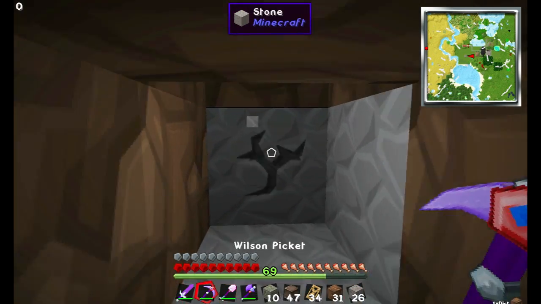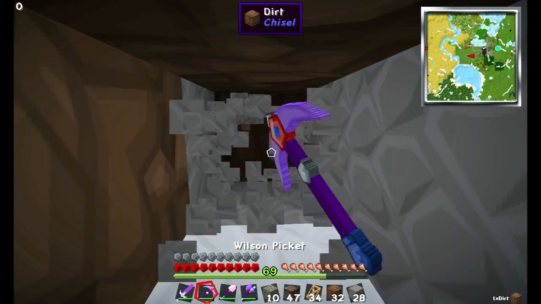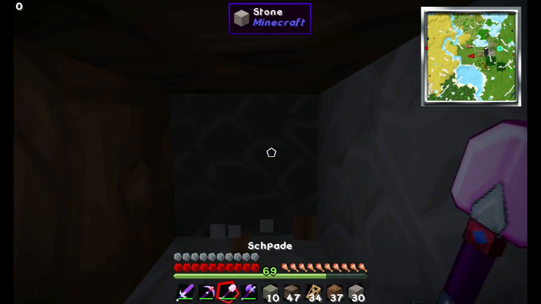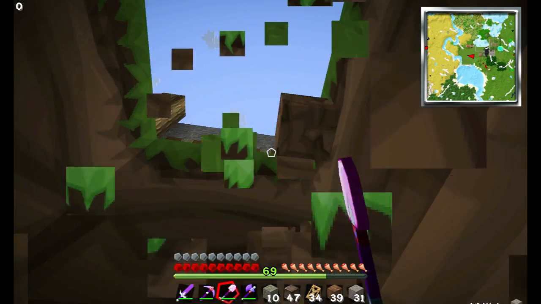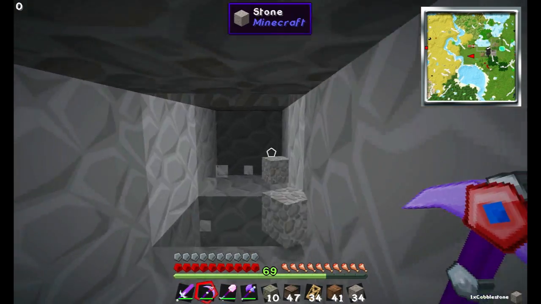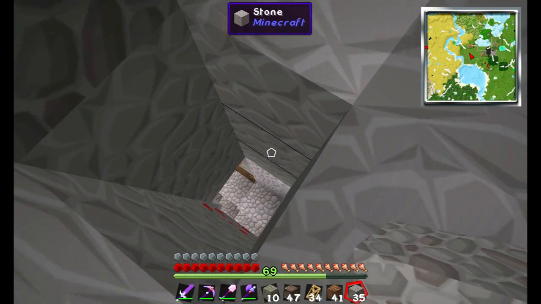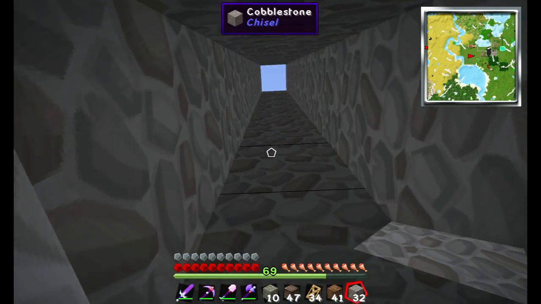Make some holes in this so I can see what I'm doing. Scary noise. Must be a big cavern somewhere. In fact, we know there is because I've just followed the damn thing. Almost there. Yeah, fantastic. Cobblestone, and then we can go cobble, cobble, cobble. Brilliant. So this run here,